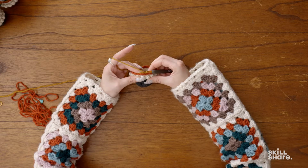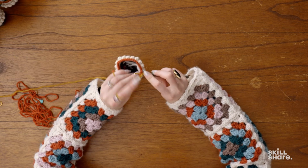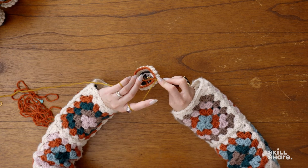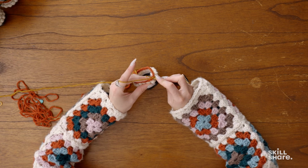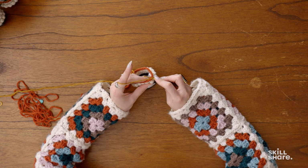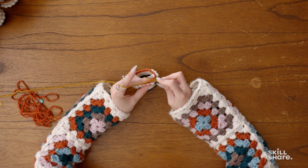And then I like to single crochet over those 2 ends for the very first stitch. So the very first stitch of our new color is going to be here, and you can see that I'm putting the 2 tails over top of my hook in the back, and that's just to secure them a little bit better. And the red color will be available to pick up again when I want to change colors. So I haven't fastened it off, I haven't cut it. I'm ready to work my next color, and when this round is over, I can pick the red back up